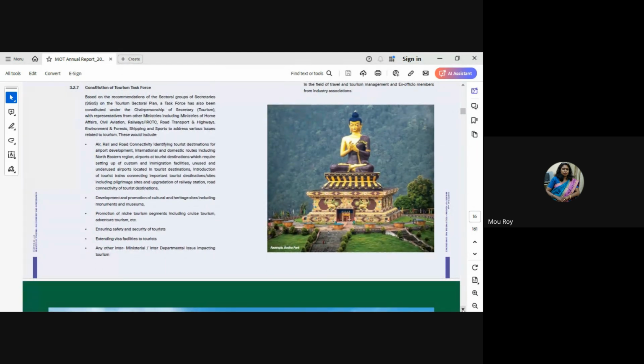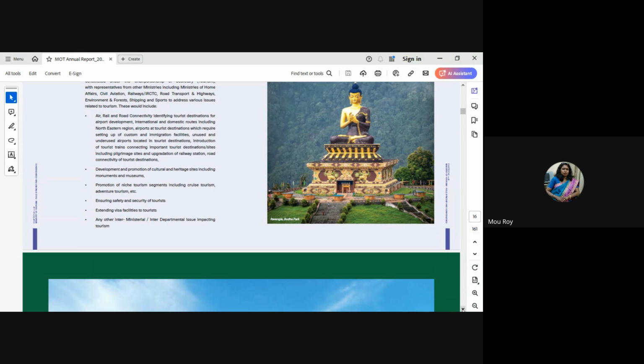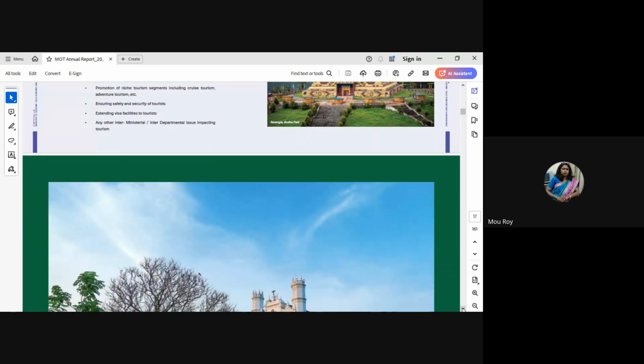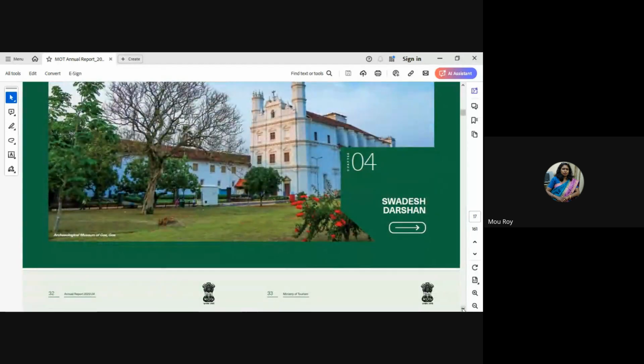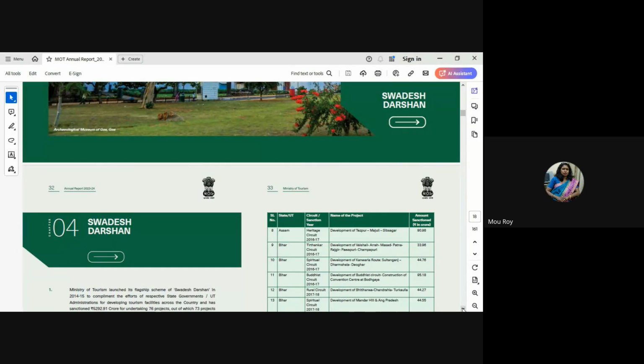We need to ensure safety and security of tourists, and extend visa facilities to tourists. All these are being taken care of by the Ministry of Tourism, and under them, like I talked to you about Swadesh Darshan, for example,